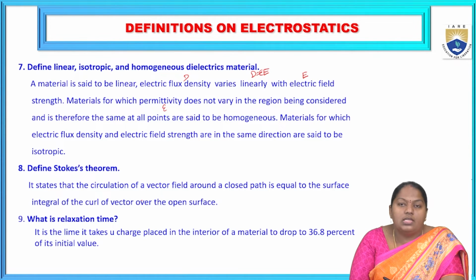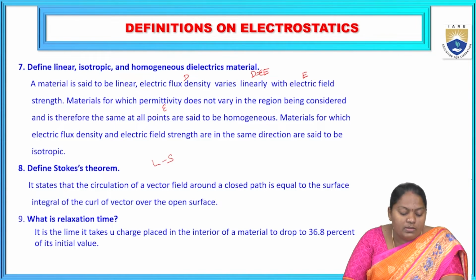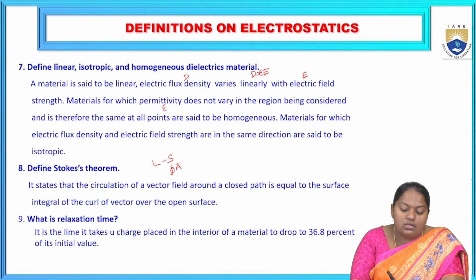Next, define Stokes theorem. Similar to the divergence theorem in electrostatic fields, this also exists. Stokes theorem gives us the relationship between line and surface integrals. It states that the circulation of a vector field A around a closed path, the closed line integral over L of A dot dl, where L stands for line and dl is the differential length component,